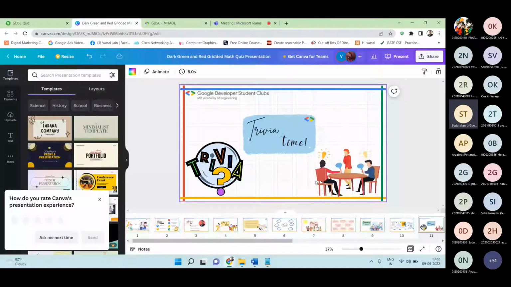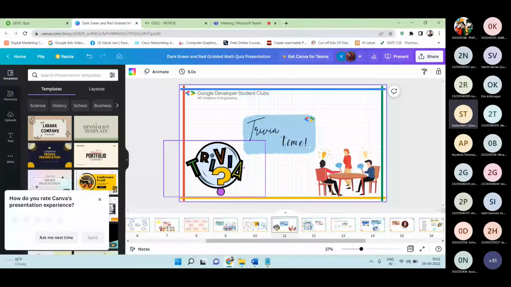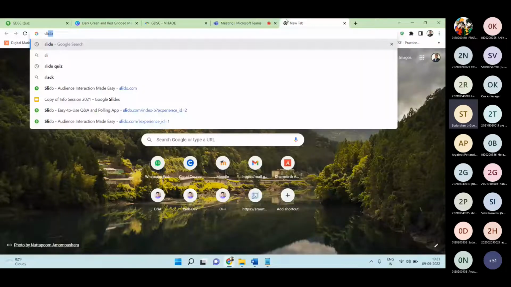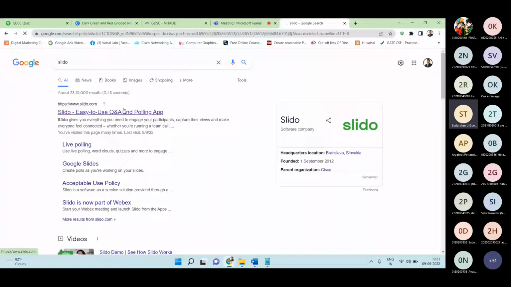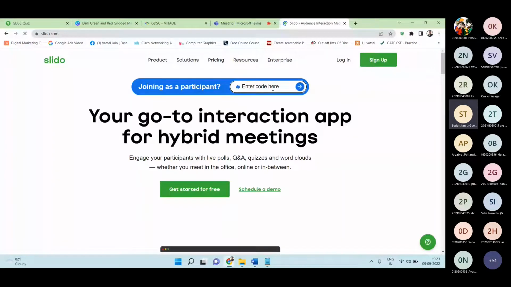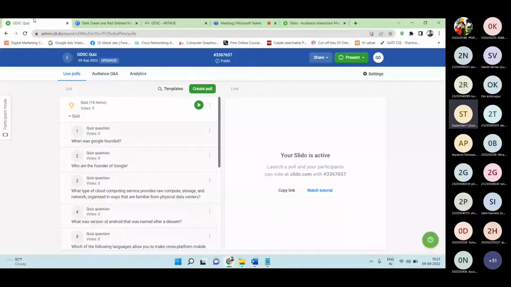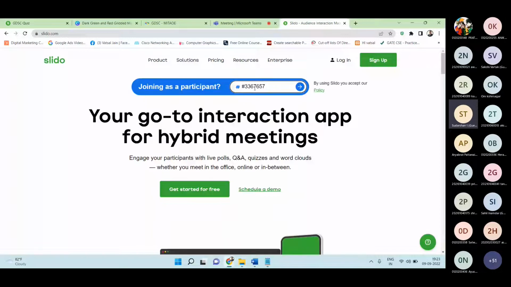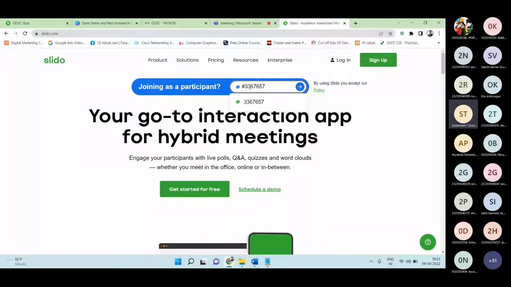Now in a similar way, before starting, we will be having one quiz. So I would say, Aniket, can you share that URL in chat? Yes, Arun, let's keep one quiz. The quiz will be on Slido. So you go and open Google Chrome or any browser and type Slido. The first URL you will see is slido.com, and we are having one code, 3367657.